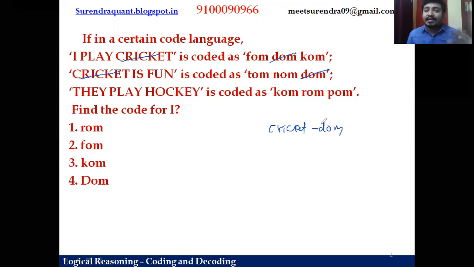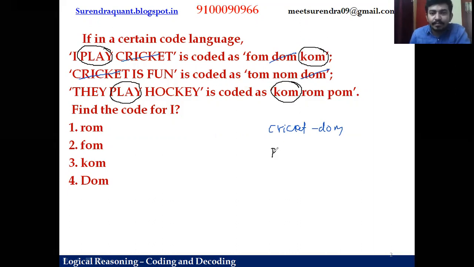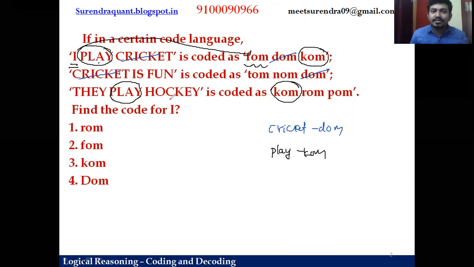And always remember, in the previous lectures, you have taken the data in corresponding order. First is first, second is second, like that. But in this case, it is not possible. You should compare the statements, try to take the common words, and then try to take the decoded word for that. Play is present in the first statement and third statement, and com is common word for it. So we can decode play as com. So out of the three words in the first statement, two words are done. So I is the only word left and form is the only coded word left. So we can code I as form. Right? So in this way, we will try to work out.